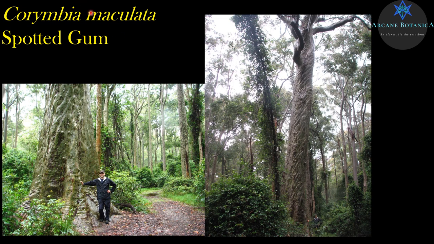This is, oh, I've blocked that with so much title there. This is a massive tree on the south coast of New South Wales. People might be familiar with this one. This is in Murramarang National Park, I think, near a place called Depot Beach and near a place called Murramarang Resort. Very nice place to stay. And I think it's mapped as the big tree or the large tree or the big spotted gum or something like that. But you can go and have a look.